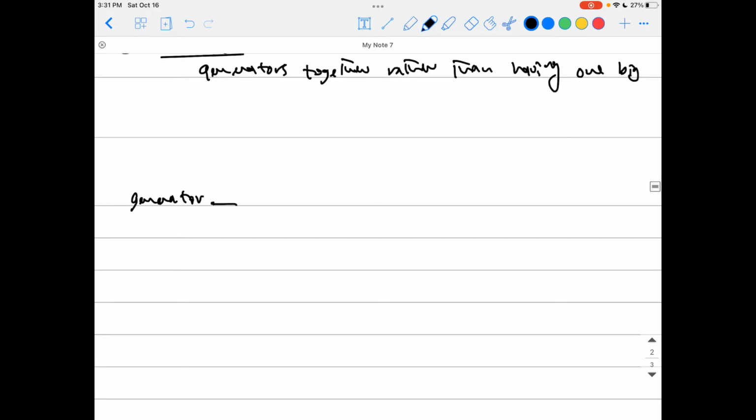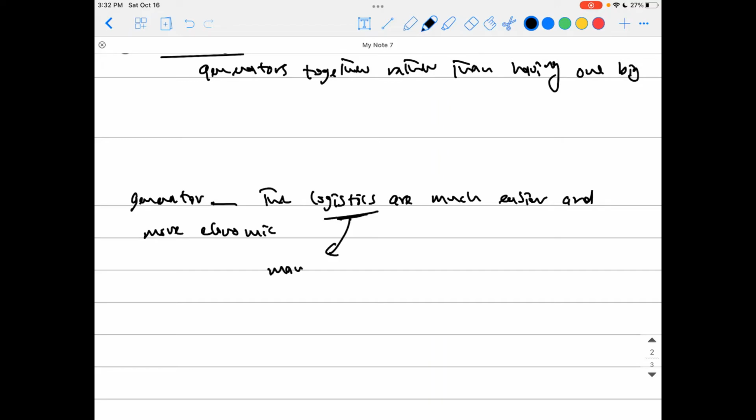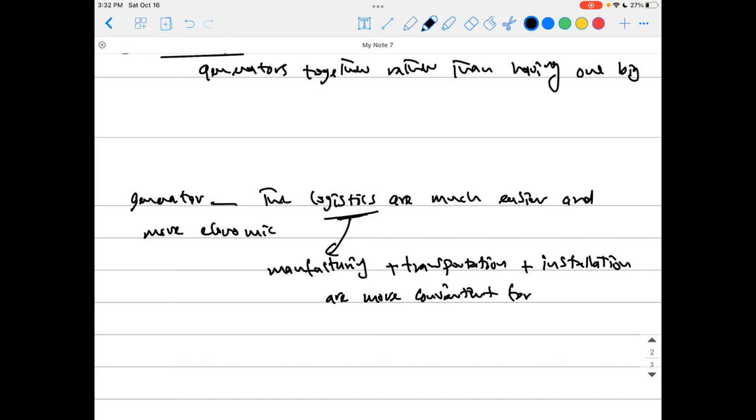Okay, the other thing to have, not just the flexibility, is the logistics. The logistics are much easier and more economic. What I mean by this logistics is the manufacturing, transportation, installation, and all that stuff, okay, are more convenient for smaller generators. Okay, so